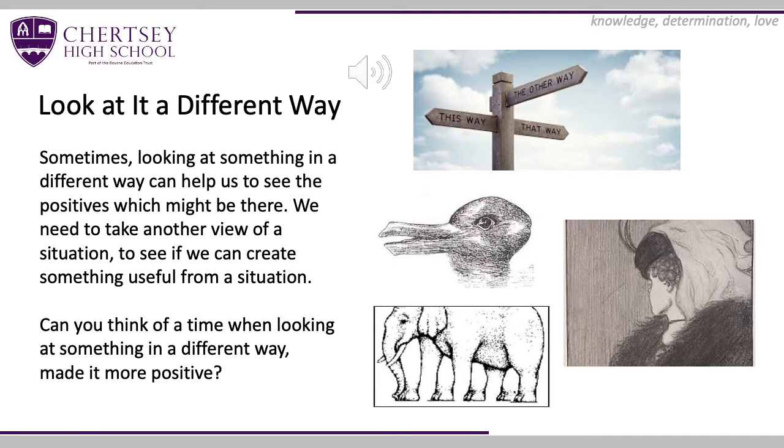On this slide, I have put 3 really famous images, and they're almost like optical illusions. Each one of them you can look at in more than one way. So the first one there for you, I want you to have a little think about what animal you can see. In the second picture, I'd like you to tell me how many feet and legs the elephant has. And in the third picture, I want you to tell me whether you see a young person or an old person.